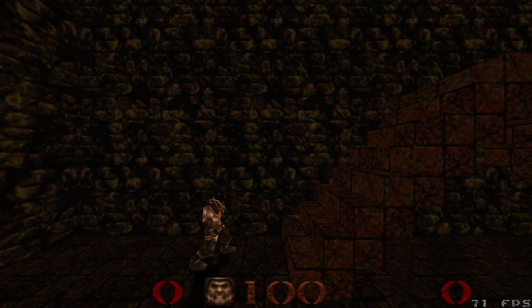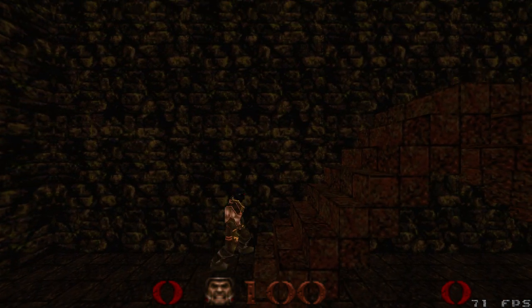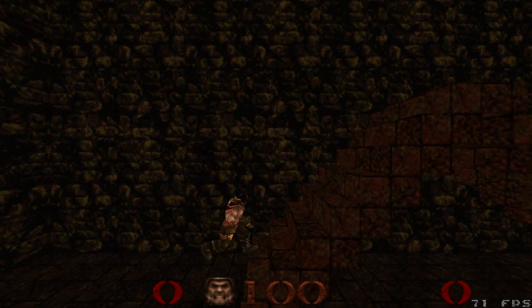Because Quake only interpolates the step-up movement when you are in first person. When you are in third person, it doesn't interpolate at all, and you just get the player magically teleporting from one step to the other step, and it's very, very distracting. So I will work on a solution to step up and step down smoothly